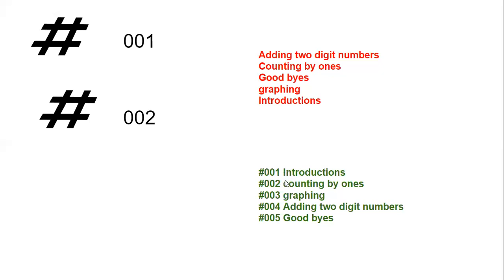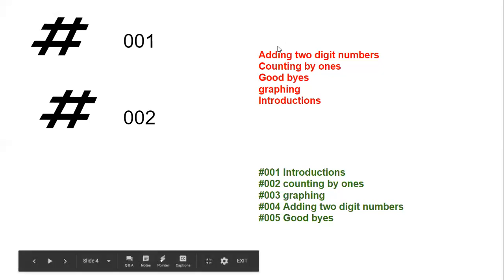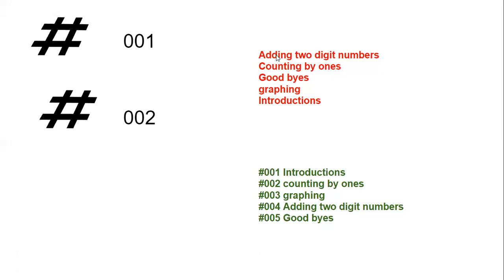So we have introduction, counting by ones, graphing, adding 2 digits, and our goodbyes. So up here, we did alphabetical, where we have adding 2 digits, counting by ones, goodbyes, graphings, and introductions. So those are not in the right order when I'm going to look for them. And now imagine if there was 700 of those things that I'd have to sort through. And then come February, I may not remember what I titled something in August. So that's one of the main reasons to do it by